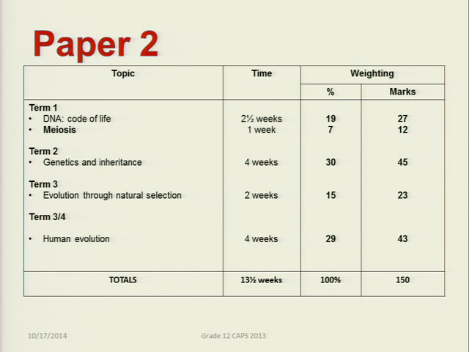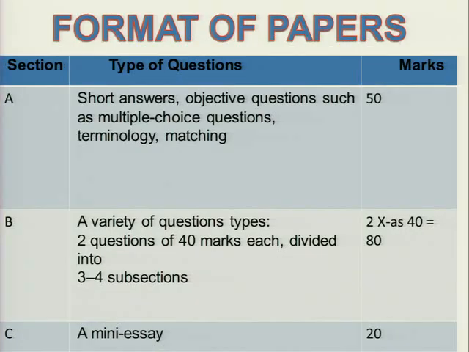I think those are the basic things that we also have to know under those topics in terms of their papers. So we now come to the format of the paper. The format of the paper, as it is written in the papers, is the same as paper 1. So you look at paper 1, you are going to do the same thing with paper 2. Right? The format of the paper is that there will be 3 sections: section A, section B, section C.